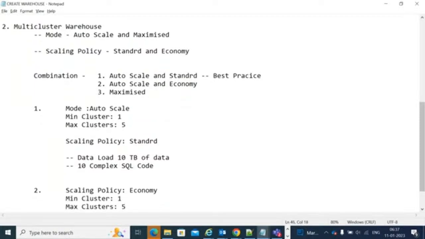Here also you will select the maximum and then minimum number of clusters like this. If you select the economy, in the case of standard, whenever you upload the data or submit your complex queries, it will calculate and then increase. What this economy will do, suppose you submit 10 SQL queries to your Snowflake, it will calculate internally